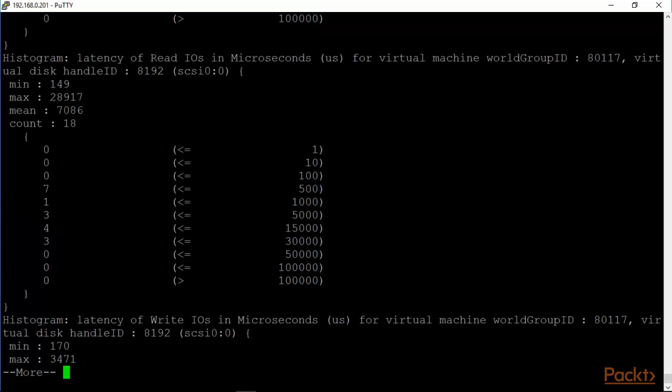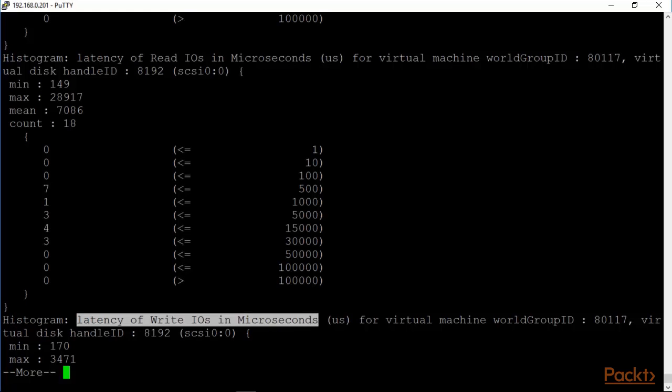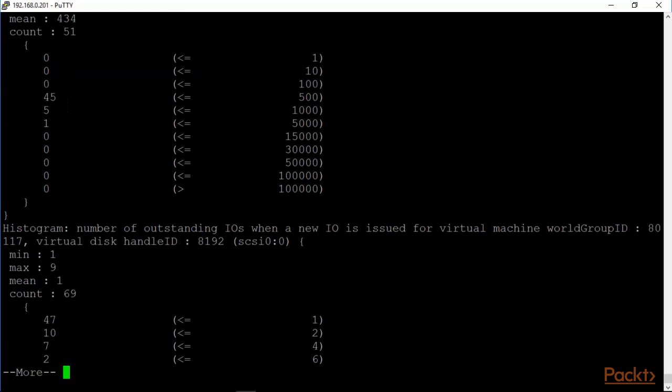And then of course the latency then becomes the read IO latency. This is where one can check your caching effectiveness, especially if you're using maybe flash read cache. I guess that would show up here as well. Latency of write IO is just the effectiveness of the storage array. And then the number of